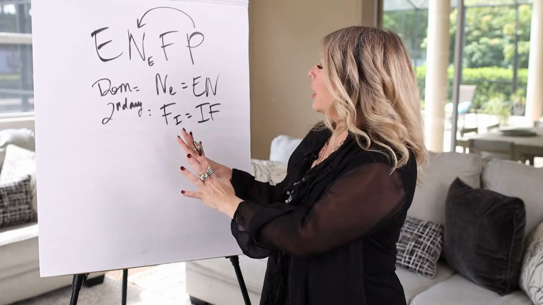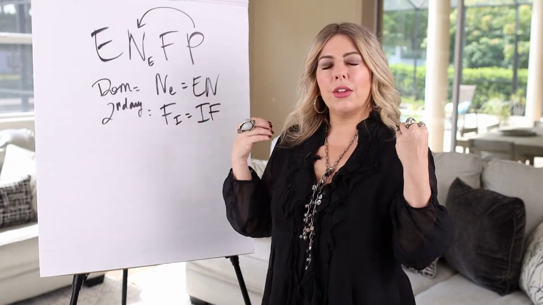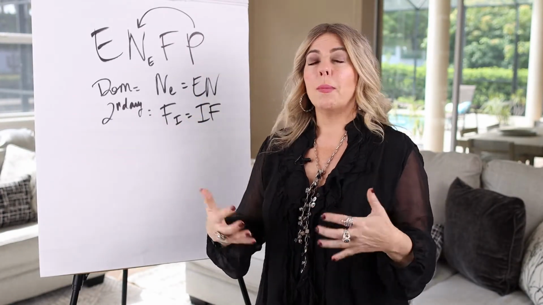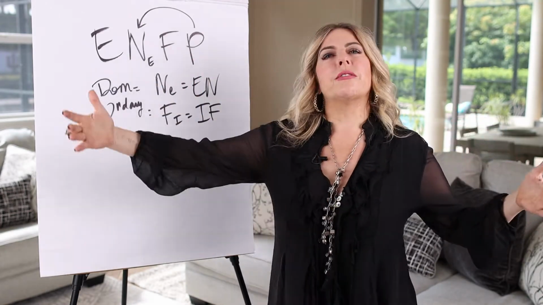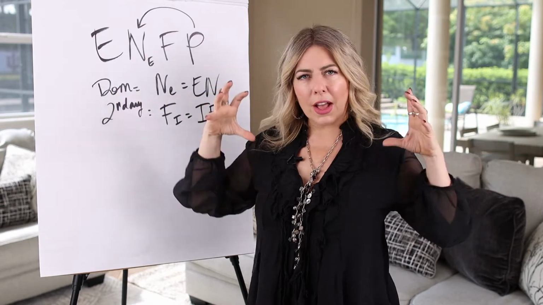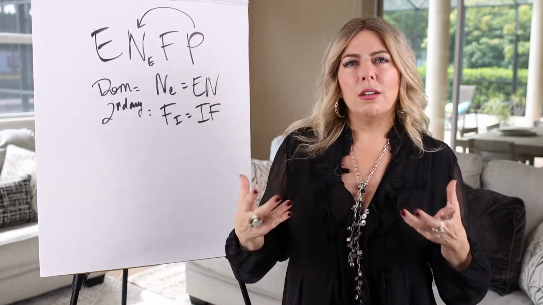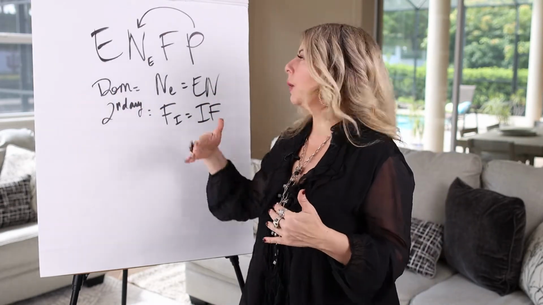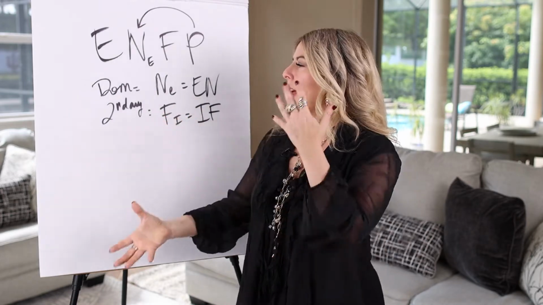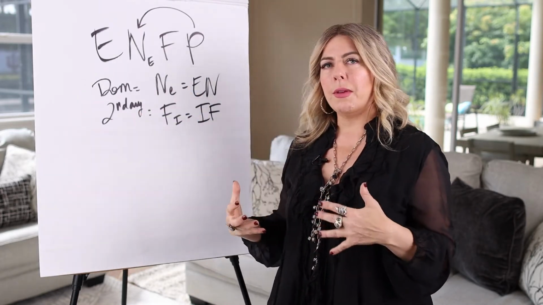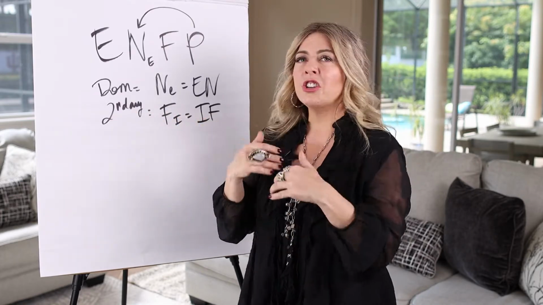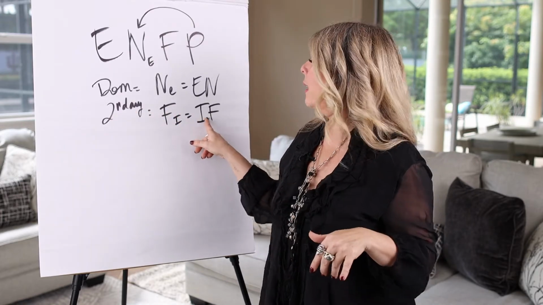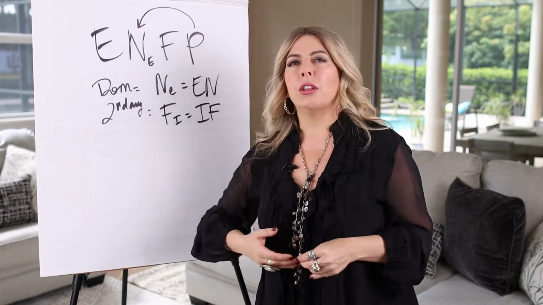So essentially what we're looking at is the dominant function developing first, usually over the first 20 years of life or so. As a young adult, we've got that dominant function pretty well secured. We know who we are. We know what we're good at. And then that secondary function starts to develop even more. And I can attest to this in my own life. I would say this secondary function really didn't kick in for me until probably my late 30s, early 40s.